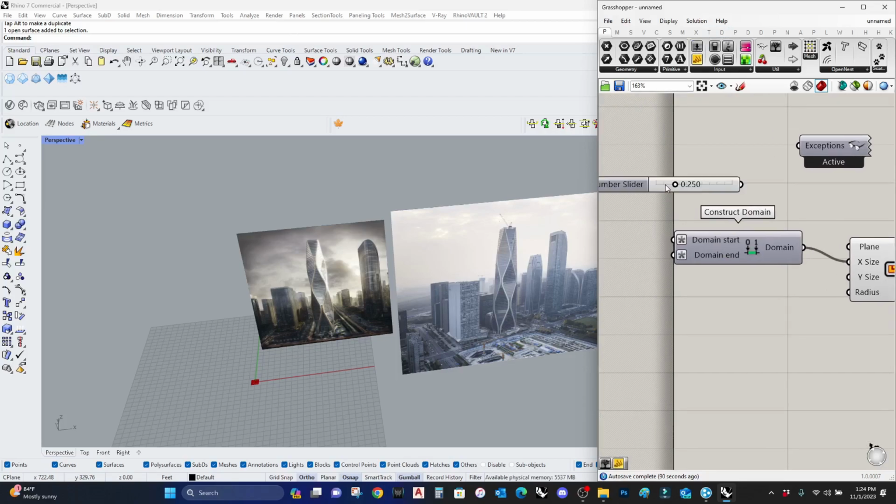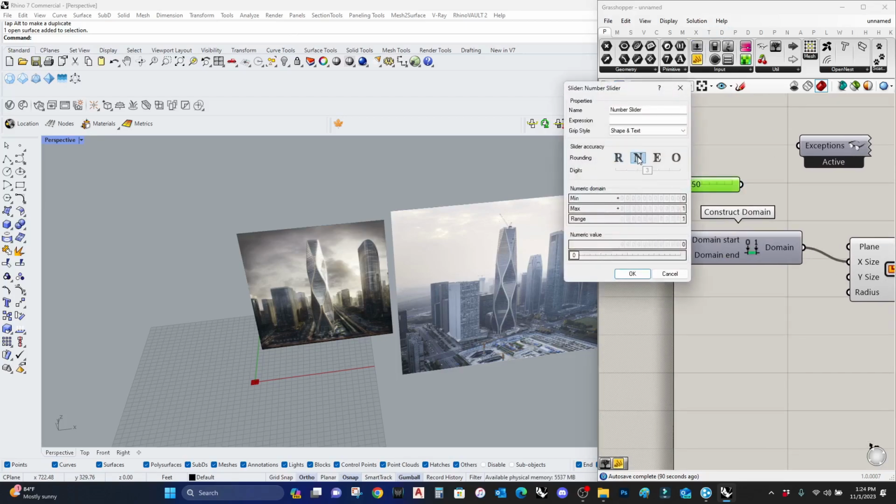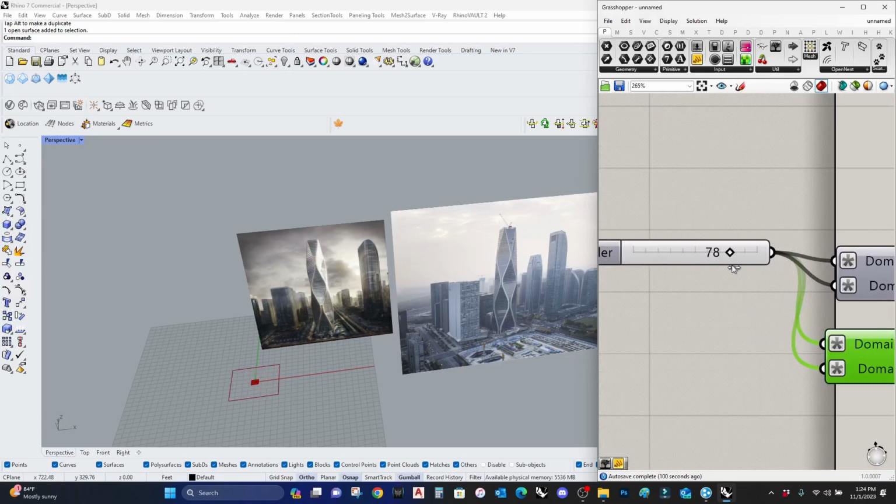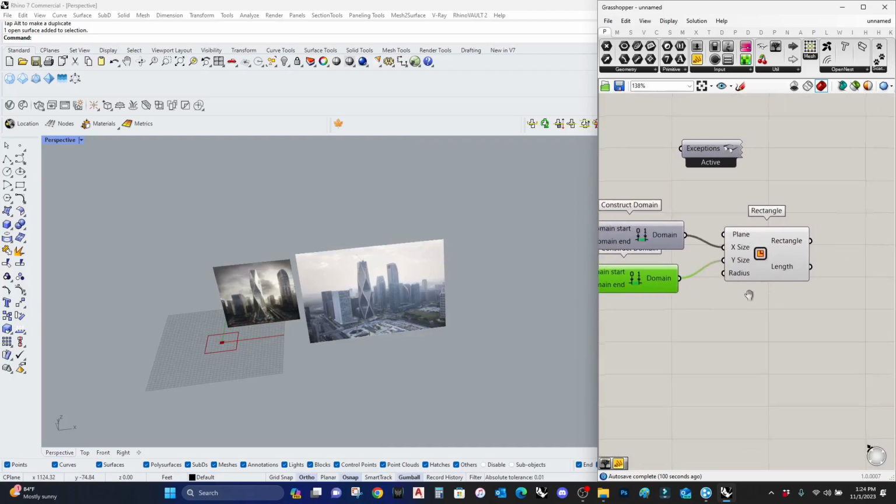I'm going to get a slider. I'm going to get the max 100 feet. I'm going to make the x and the y the same thing. So let me make it 98 feet. So I want to extrude this